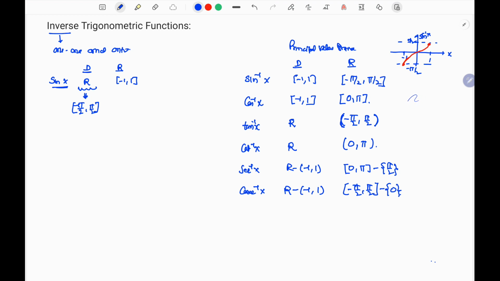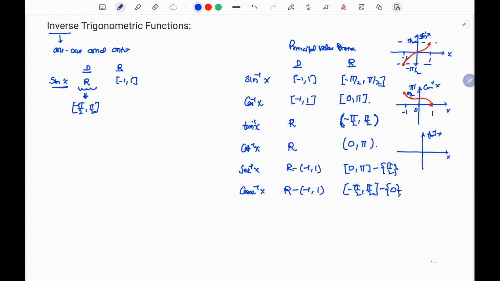Similarly, we can draw the graph of cos inverse x. In cos inverse x, the domain is again -1 to 1, and here the range is 0 to pi. So in between there is pi/2. The graph will be drawn here. At 1 it is 0, then it becomes pi/2 at 0, and at -1 the value is pi. For tan inverse x,